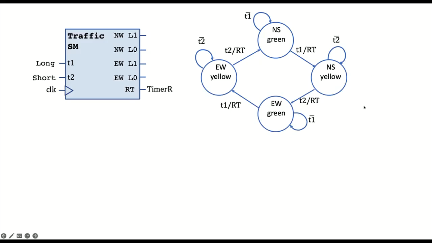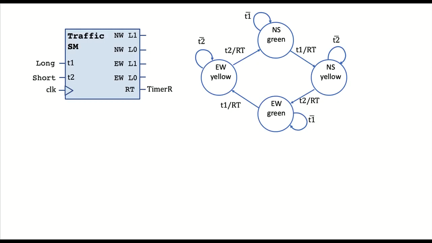And now we will, again, reset the timer. This time we wait the long time, so we're going to keep the light green for east-west a long amount of time. And after a long amount of time, we'll again reset the timer, make the east-west yellow, and then wait the short amount of time, and then again the north-south will be green. Okay, so it's pretty straightforward. We stay in one of the 4 states, and we wait the amount of time. If it's a green light, we wait a long amount of time. If it's a yellow light, just a short amount of time.